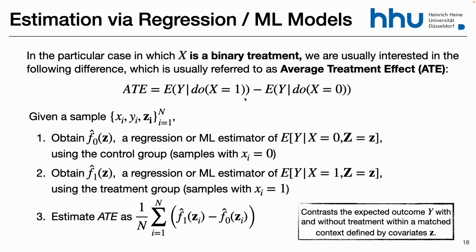So for a binary treatment, it's the same idea. You apply the procedure for X equals 0, then you apply the same procedure for X equals 1, and you evaluate now for the same Zi's. So you get the prediction for those. It's the same Zi, and you just apply the function with X equals 1 and then with X equals 0. So it's an estimation.